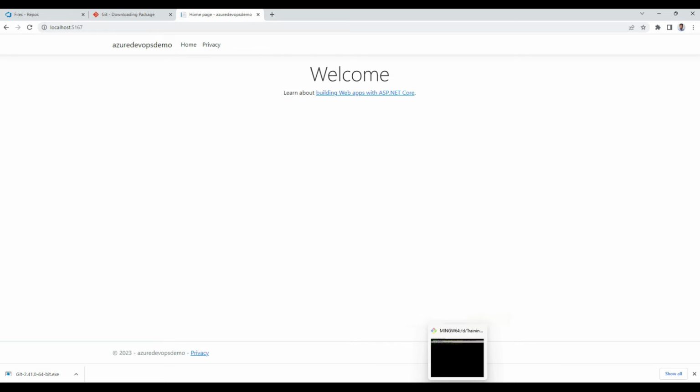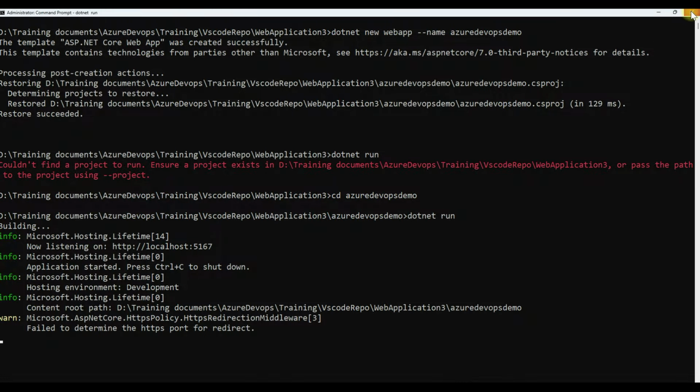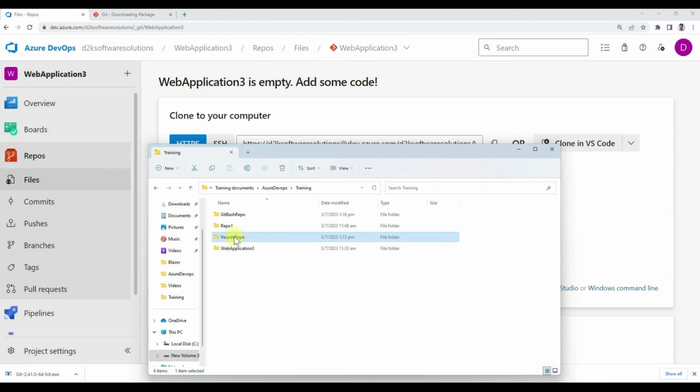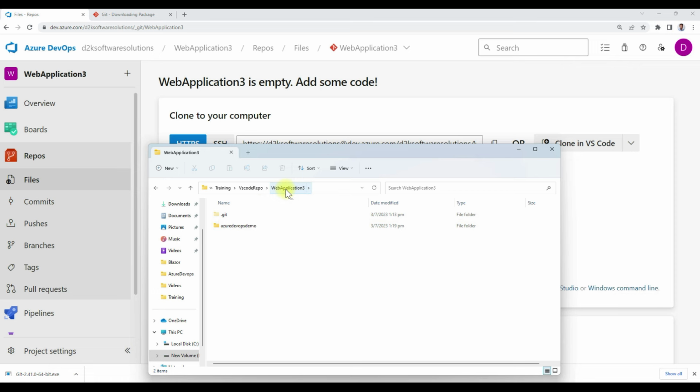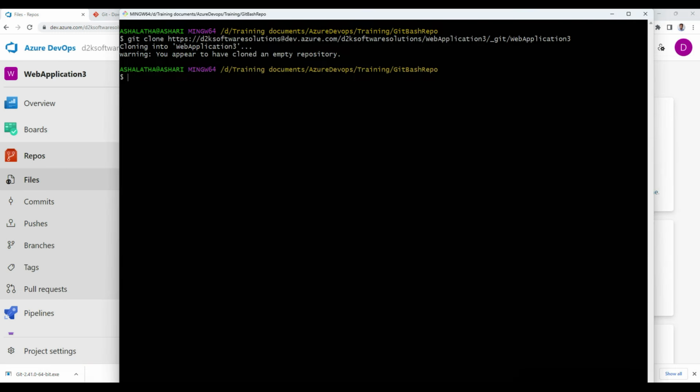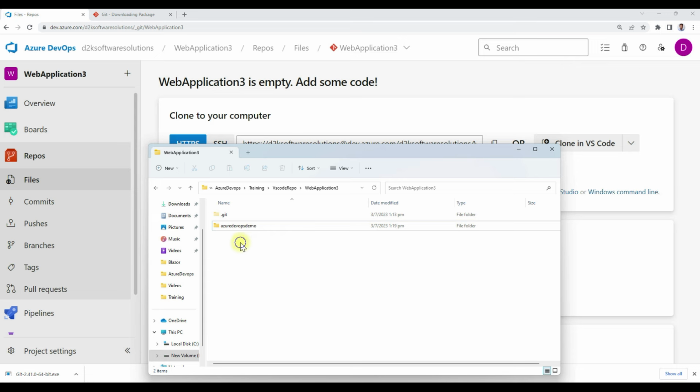So now what we need to do is, for the demo, whatever files have been created in this VS Code repo under this web application 3 repository, I want to commit these changes to the web application 3 repository. So for that, I'm going to open a git bash from here, git bash,